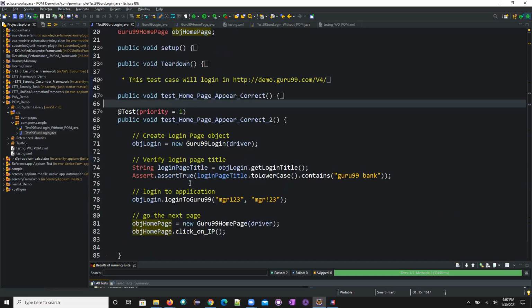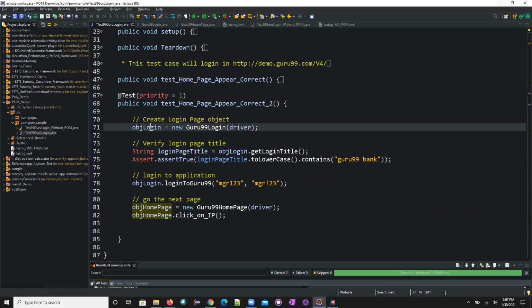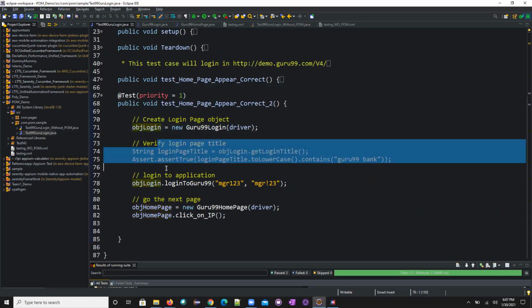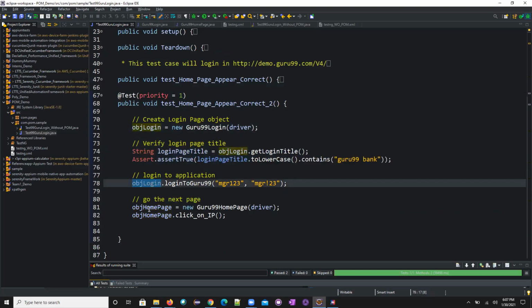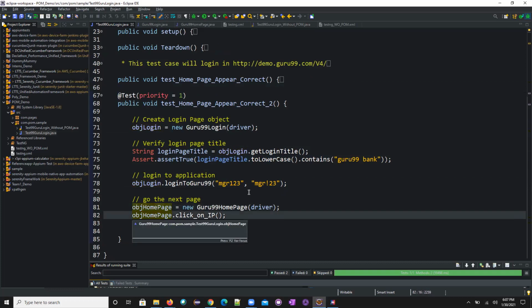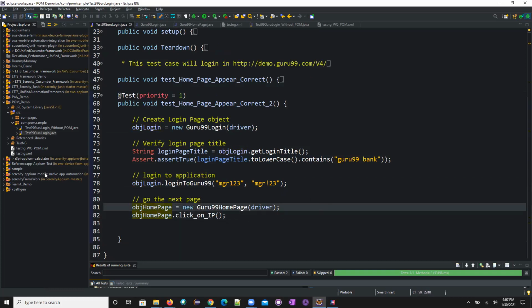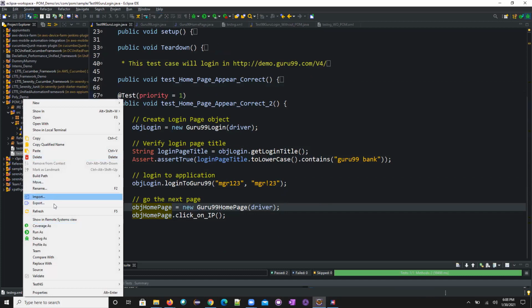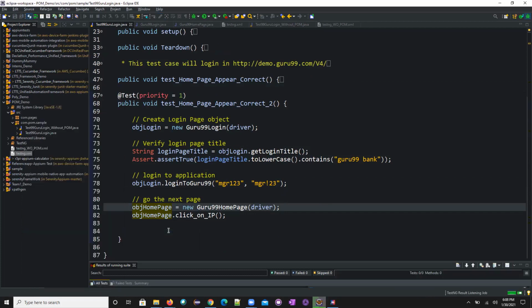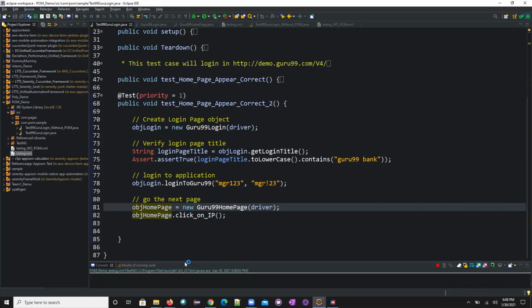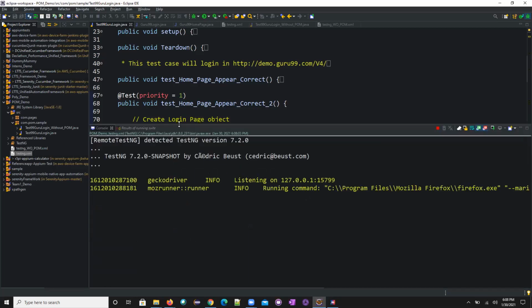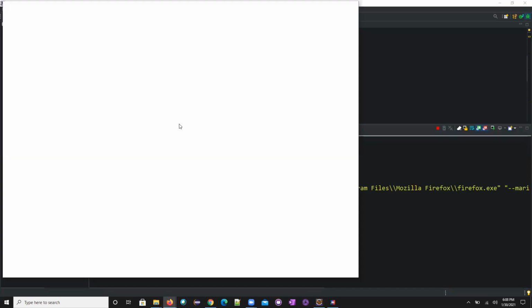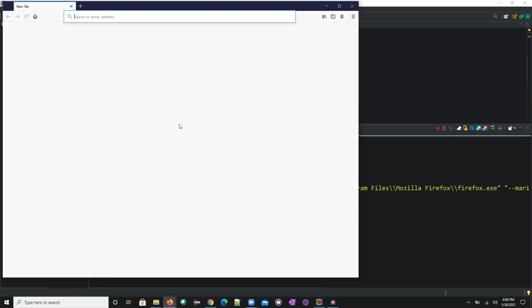And the second test case, the same thing. I'm creating this login button, verifying the title, and then logging in and going to the home page, and clicking on the insurance. So now we have written the code. I'm not using this file to execute, I'm just going here and trying to run this one. As soon as I run, let's see what will happen. So now I have two test cases to be executed, with POM and without POM, which is what we are going to discuss now.